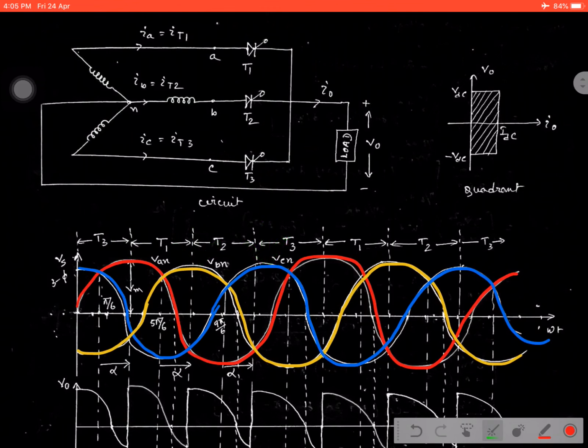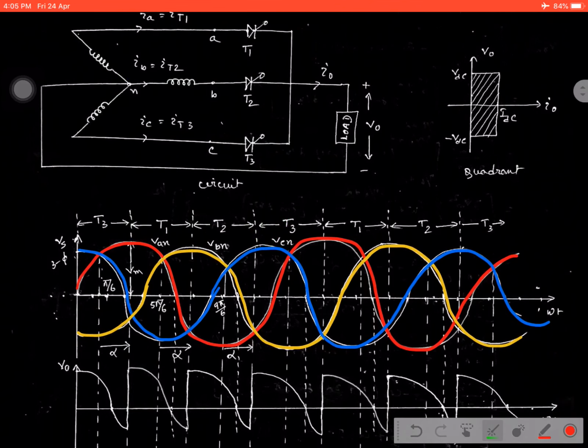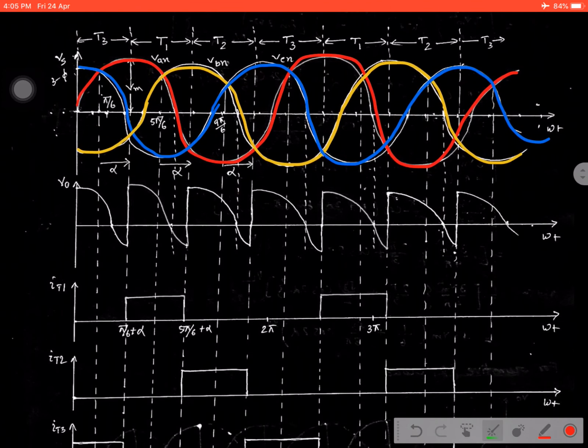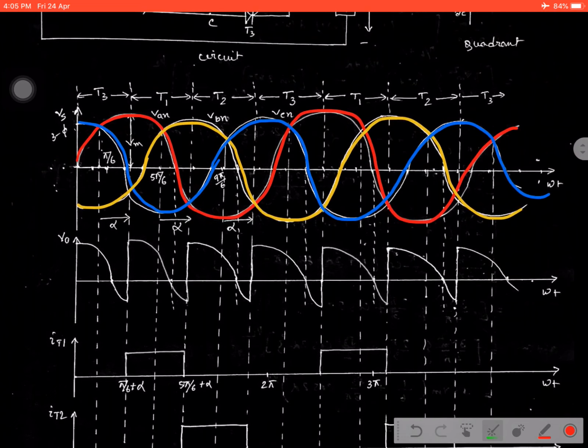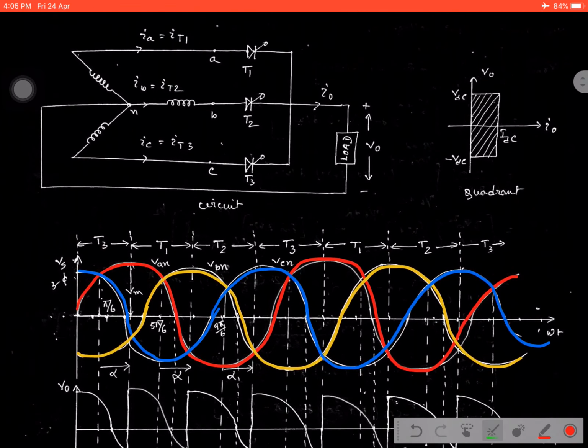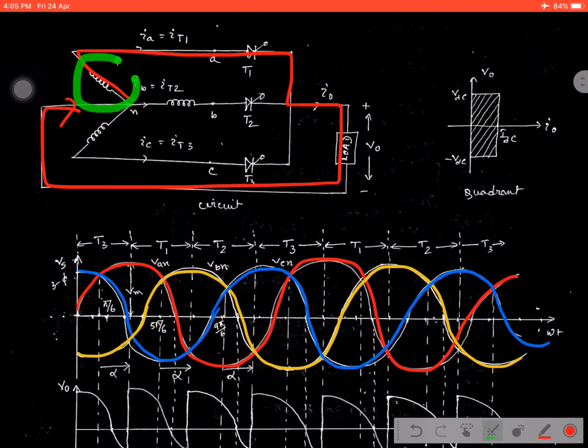In the case of the single phase rectifier, we consider the firing angle from 0 to a particular angle, but in the case of the three phase rectifier, we should give the firing angle after pi by 6. That is why we calculate the firing angle after pi by 6. Now the operation is very clear. When the thyristor T1 is fired, immediately the current starts flowing from supply to load in this way. When T1 is fired, the supply voltage is immediately reflected on the load voltage.